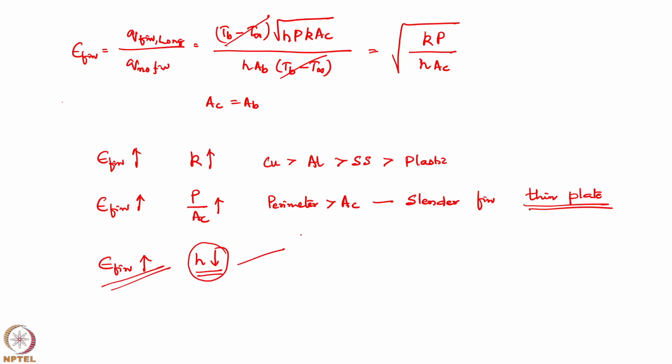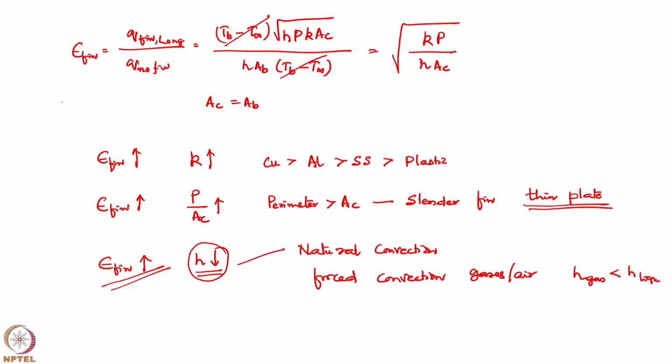That means fins are good either in natural convection or in forced convection where you are using gases or air, because heat transfer coefficient in these cases with gases is generally lower than the heat transfer coefficient in